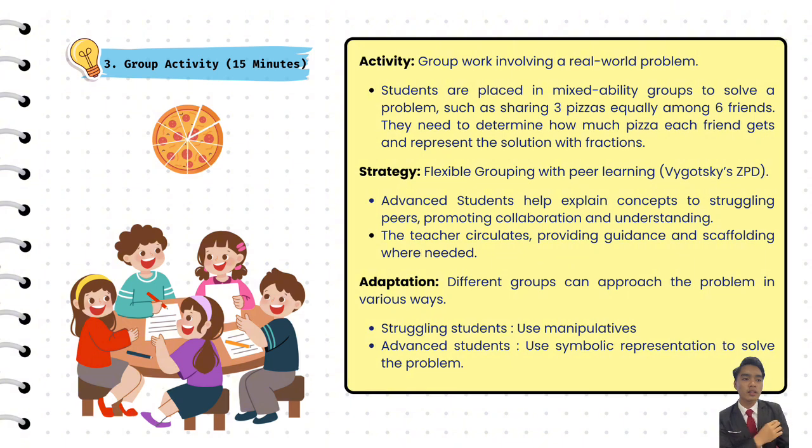For example, the teacher can lead them to share 3 pizzas equally among 6 friends. So students need to determine how much pizza each friend gets and represent the solution with a fraction. The strategy used is flexible grouping with peer learning based on Vygotsky's ZPD theory. Advanced students help explain concepts to struggling peers, promoting collaboration and understanding, and the teacher circulates, providing guidance